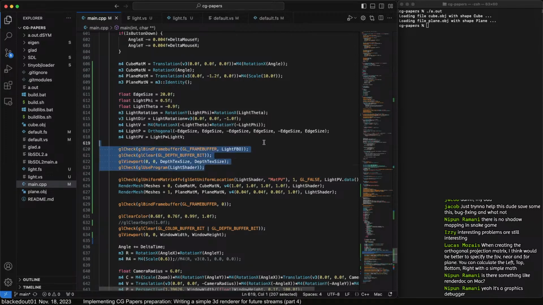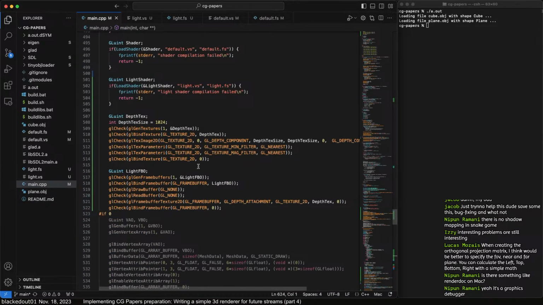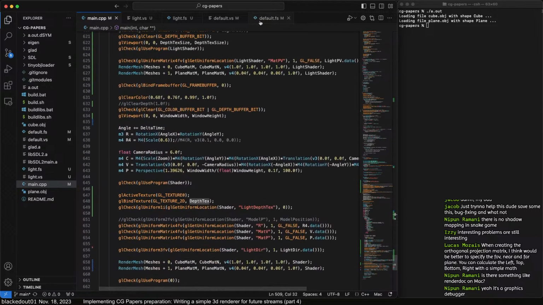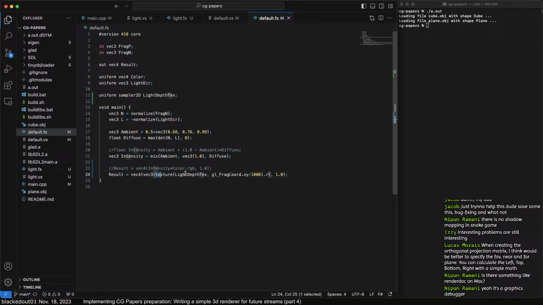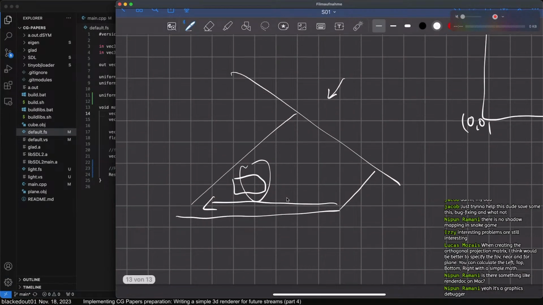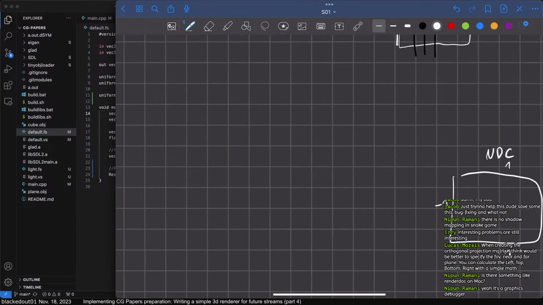So that was actually the most complicated part about all of this, because you can make so many mistakes here. But now we know that we actually have the correct texture. The only thing we need to do right now is, and this is the specifics of how this even works. So now we have the depth texture here, and this was rendered from this point of view. So basically, this is the texture,